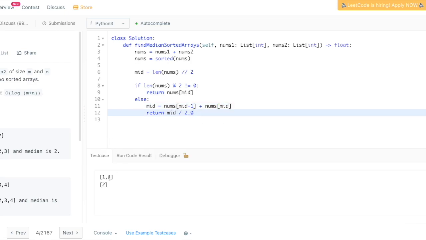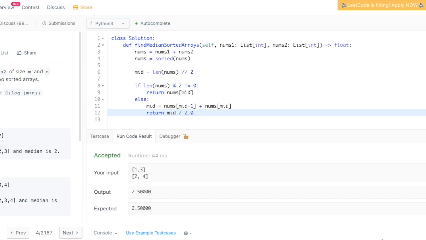Let's change this one, change it to 4. Okay, we get 2.5. So this is the correct answer. Okay, so that is the correct